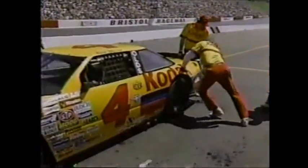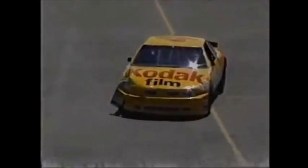Let's work on the front end. He's still in the pit area. There's no big rush here. He's not going to gain anything by rushing out. They're talking to him right now. No work at all being done on the car. Tony Glover, the crew chief, says, go ahead, and they're going to try it and see how that car is going to run. Back out onto the racetrack he comes, and this is our isolation on Rick Wilson as Jimmy